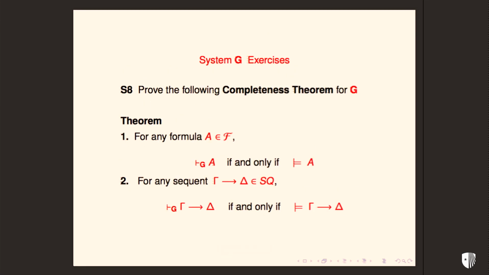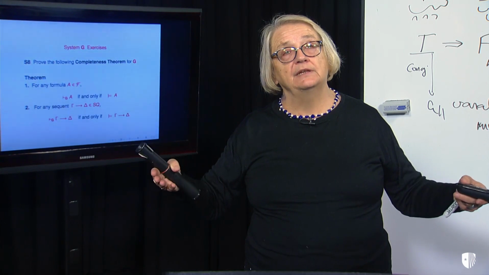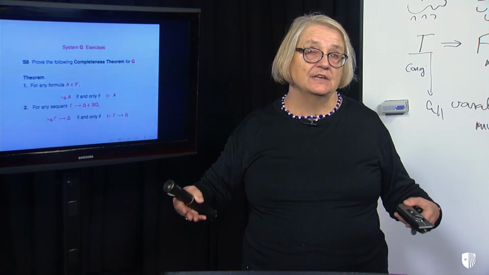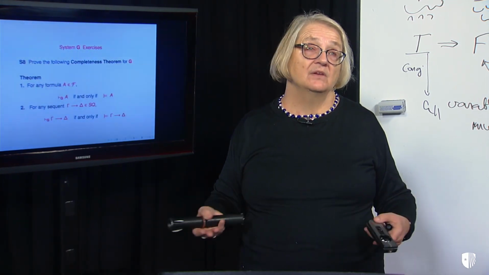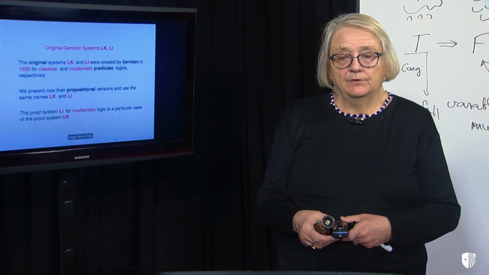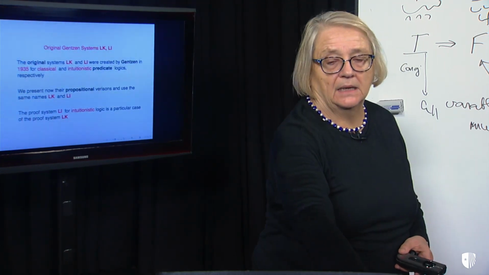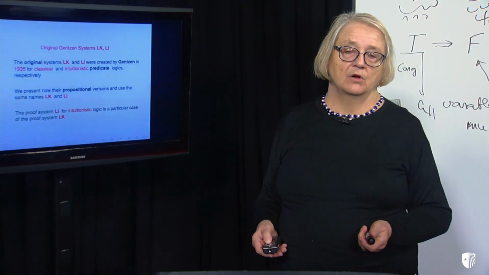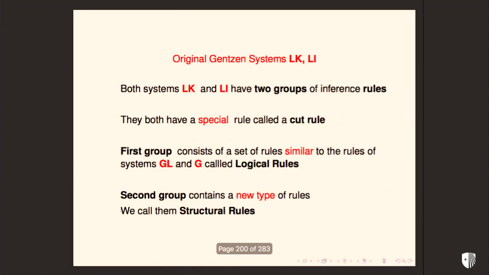Just the set of all trees, again. If a formula or sequence does not have a proof, it means that you have to consider all possibilities of search. So each decomposition tree has a non-axiom leaf, and then you pick one to construct a countermodel, so it's exactly the same. Now, I want to finish by just showing the rules of the original Gentzen system, which are